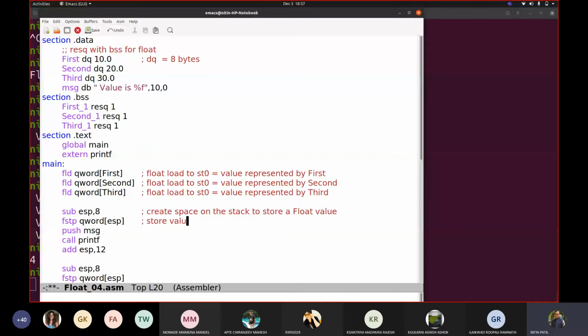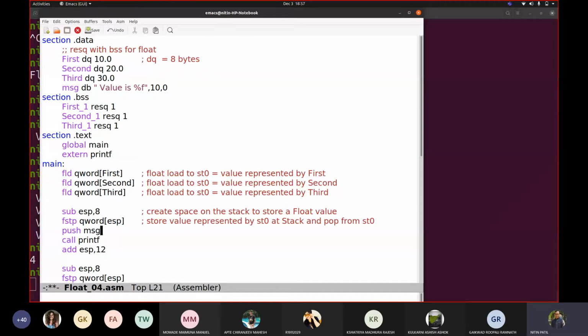Store the value represented by ST0 at the address represented by ESP, at the stack, and pop from ST0. Fine, and this was your push MSG.